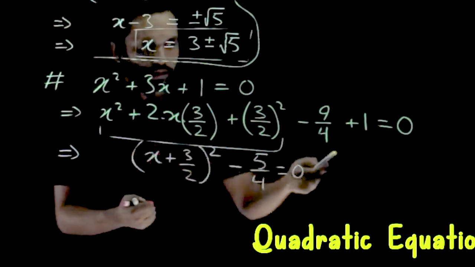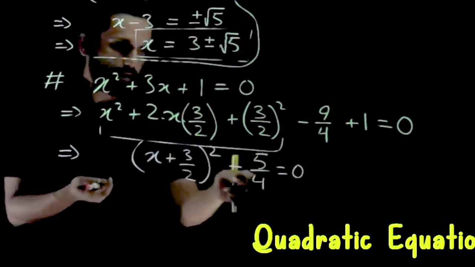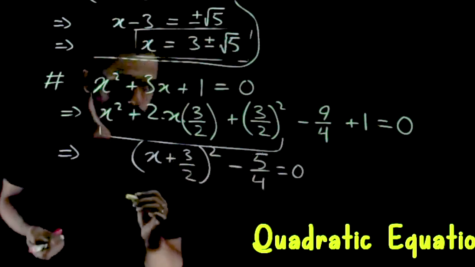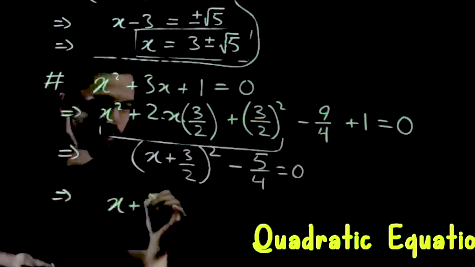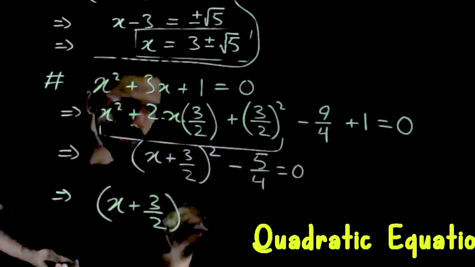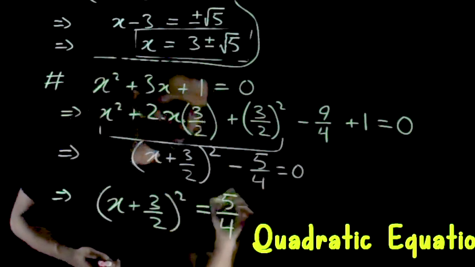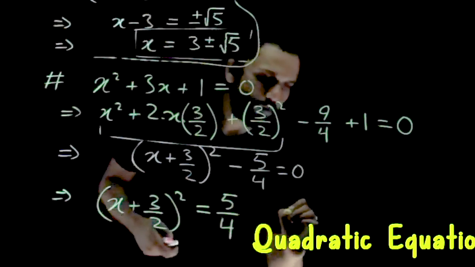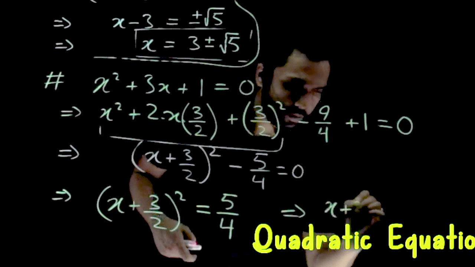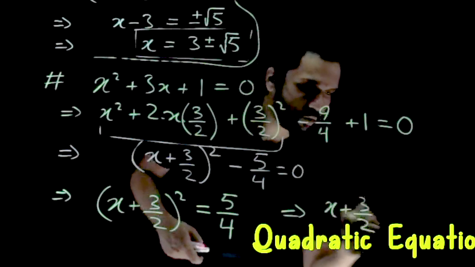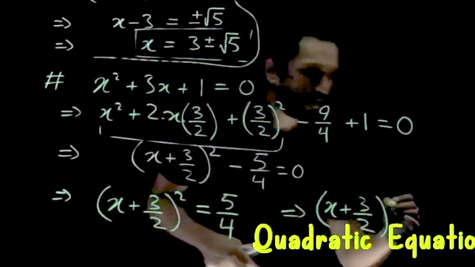So taking the number on the other side, what does it give? Again, you're getting a fraction over here. Don't have to worry about it. You got a fraction here, you got a fraction here. It's all okay. So the next line would be (x plus 3 by 2) whole square. This thing goes on the other side of equal to, becomes 5 by 4. From here it implies that x plus 3 by 2 itself was, you are doing a square root on both sides, was